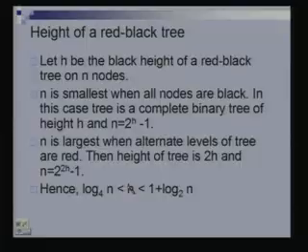So, if I give you a red black tree on n nodes, I am saying its height is at least log n to the base 4 and at most log n to the base 2, right. And we have seen exactly the same property for 2,4 trees. We said its minimum height is log n to the base 4 and maximum height is log n to the base 2. The same kind of thing is happening here. Is everyone with me? Okay.